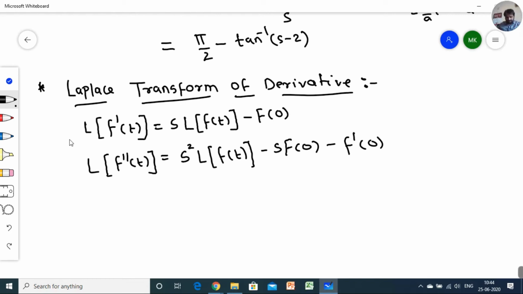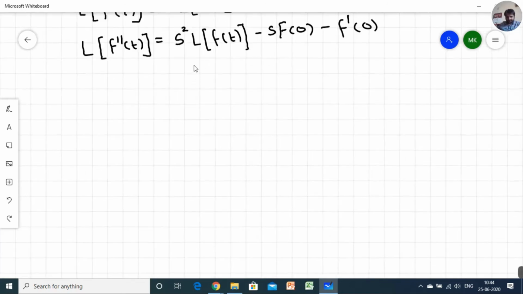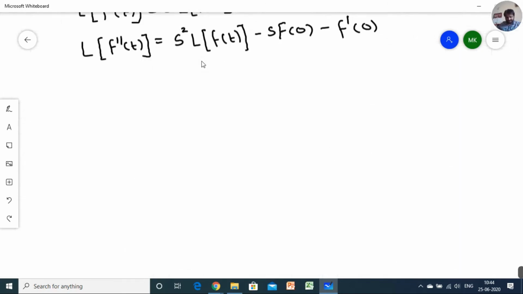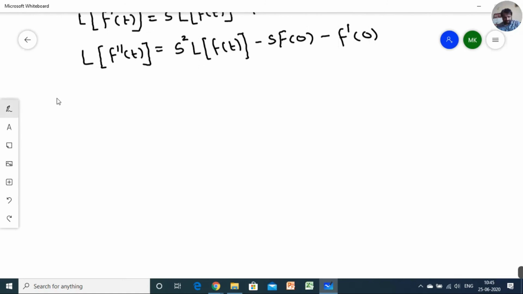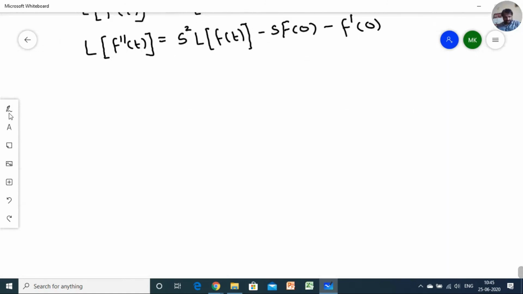Now how can we understand that the question belongs to Laplace transform of derivative, कि questions को पहचाने कैसे कि वो derivative है. So the question will be stated in a mathematical way, not in a theoretical way, that is, find the Laplace transform of derivative. It is not like this. It is in the format like this. I'm just starting the solution with the first numerical, so you will understand very well.